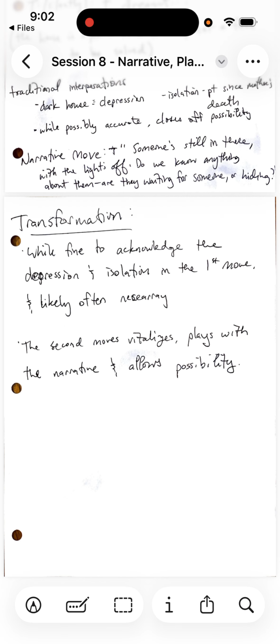And these all, the use of dreaming the session, narrative, metaphor, and many other techniques, are to try to shift from pattern recognition, diagnosis, treatment planning into transformation. And it's always fine to acknowledge depression, isolation, and often necessary, as I said. This second kind of move vitalizes, plays with the narrative, and allows transformative possibility that somebody could move deeper into